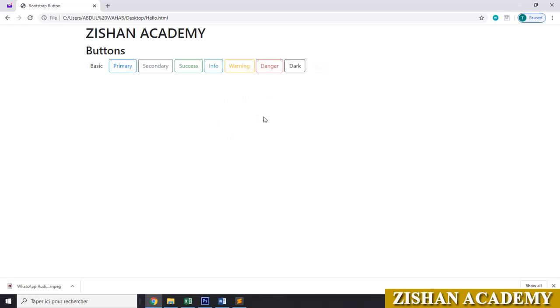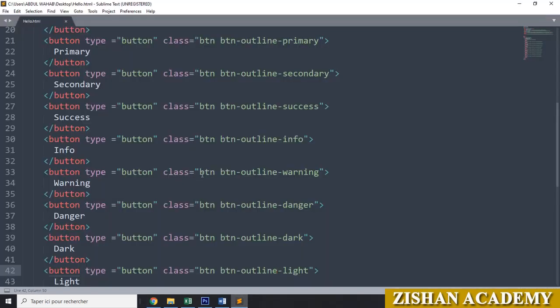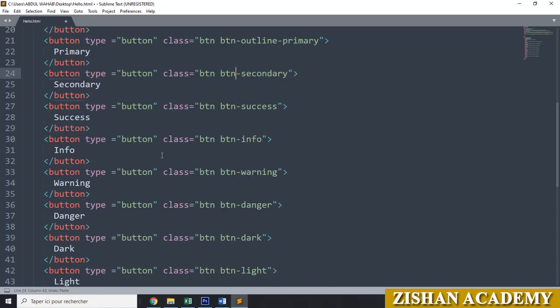We will go for spinner buttons. For that we will go to the Sublime editor. We will just make it undo for the outline, we'll go for undo. Control Z for undo here. Okay. Now here primary, we will just remove this one primary, and we will go for the span class.